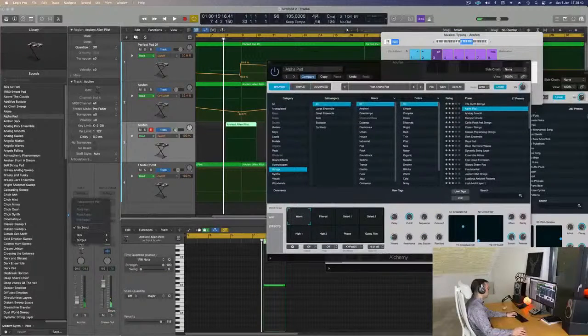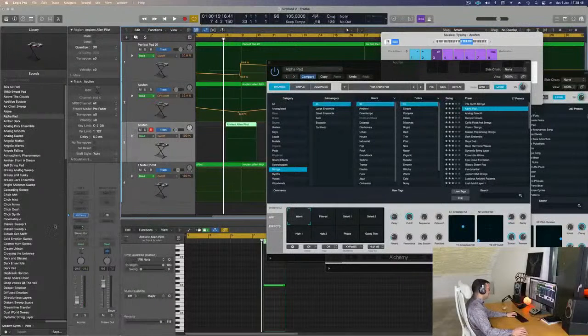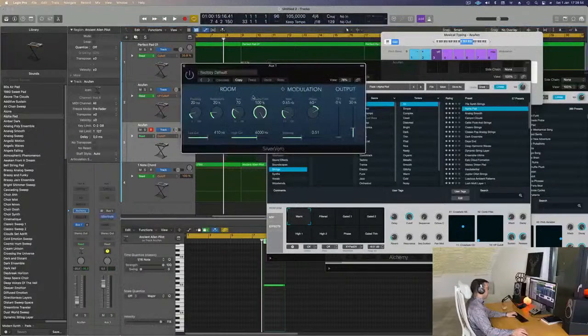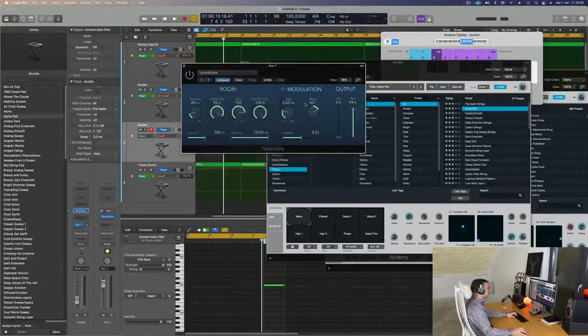What I'm gonna do is pull a reverb. If you know me, guys, you know that I use Silververb with my own preset. It's called Grandiose. So you go from, let's say, Grandiose here. Oh, there's a plane that just took off. Sweet. You go from this here to